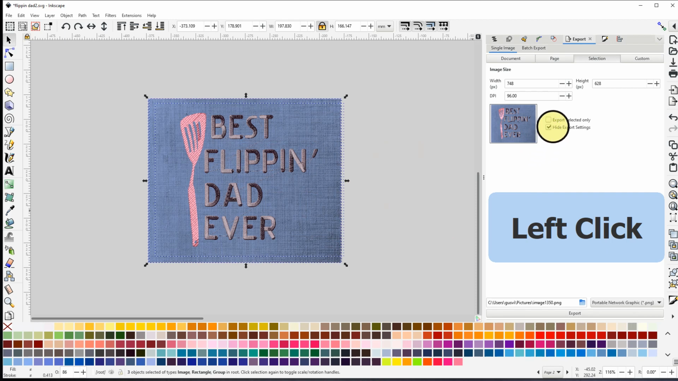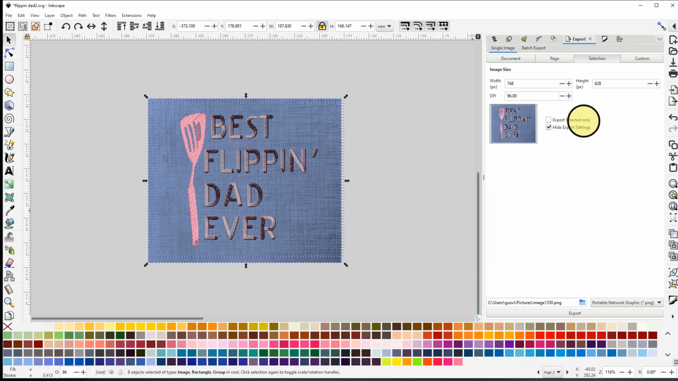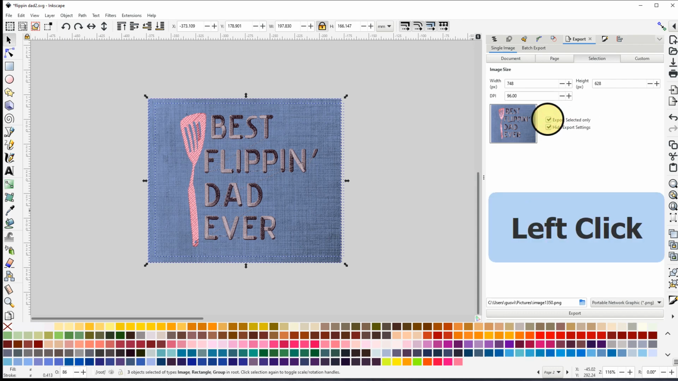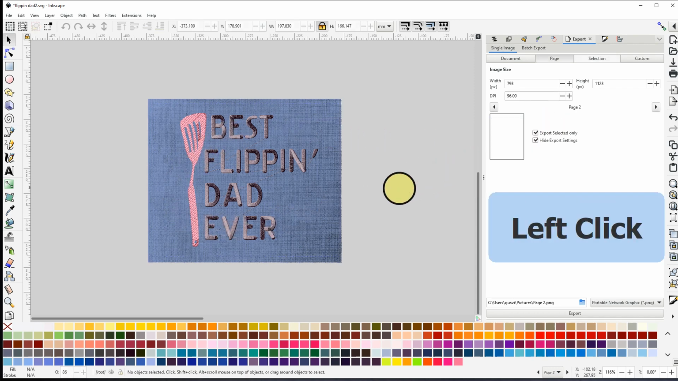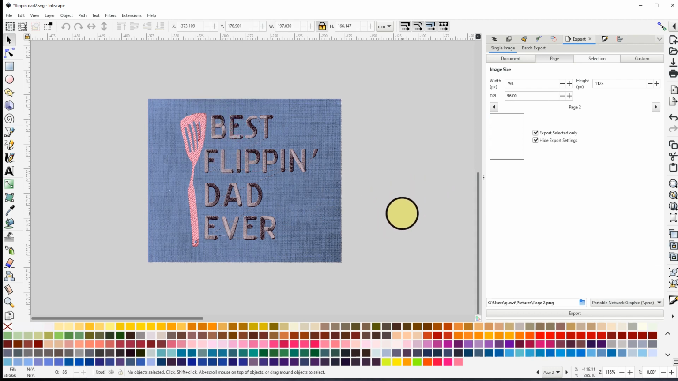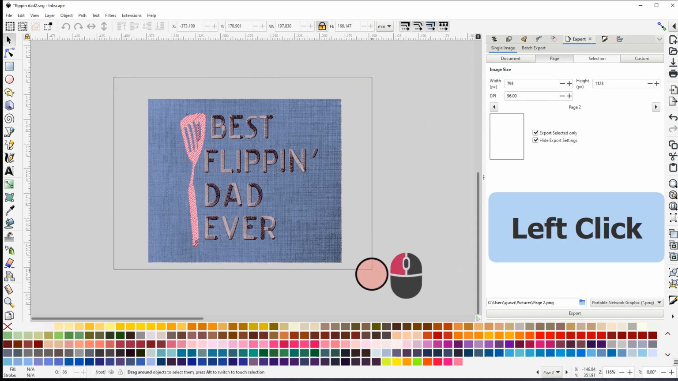And here you can see export selected only. So you can check mark that, and it will export only the ones that are selected. Or you have an option where you want to make sure that you are deselecting everything. But what you can do is